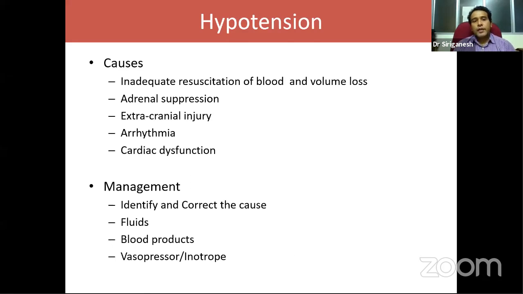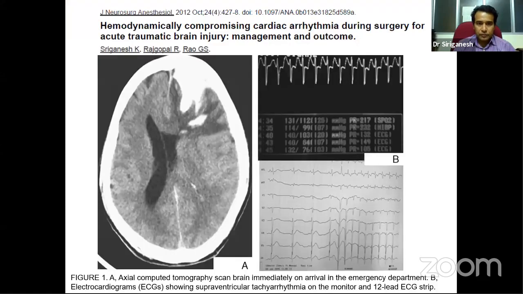So what are the causes of hypotension? Again, blood loss, most often volume loss. Rare causes include adrenal suppression, extracranial injury that can conceal the blood loss, and rarely arrhythmias and cardiac dysfunction. Again, management of hypotension: identify and correct the cause. Fluids, blood products to replace the blood lost, and early use of vasopressor or inotrope to maintain the cerebral perfusion in the normal range. Some examples of what can lead to hemodynamic instability are arrhythmias, mainly because of raised intracranial pressure,